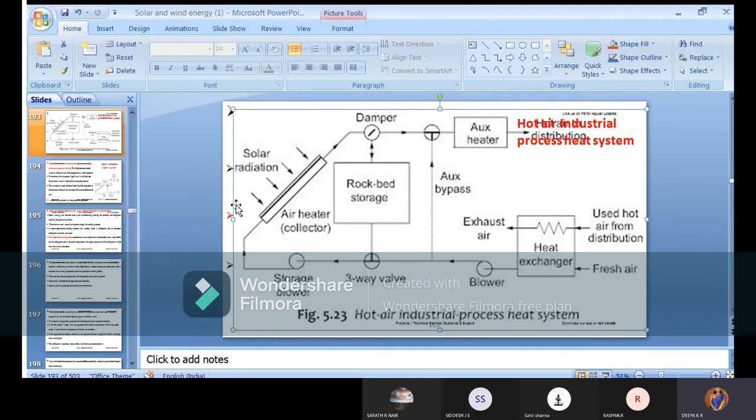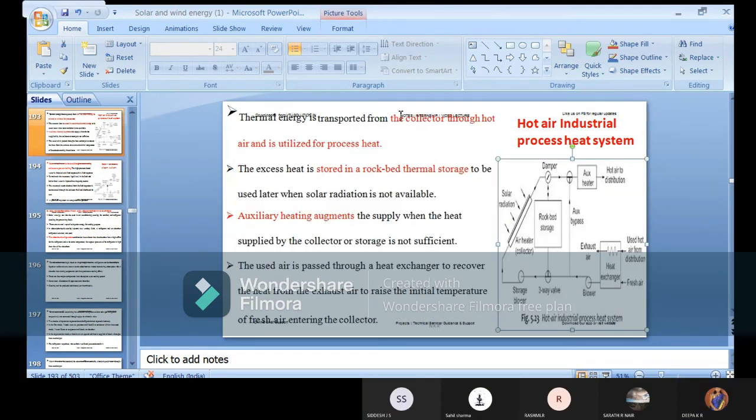So we'll see one by one how exactly. Can you people write down this diagram first? Energy is transported from the collector through hot air and utilized for the heat process. Means this hot air industrial system, where they are using it, how they are using it. That concept I am going to explain with the full block diagram. So first, whatever thermal energy we are getting will be transported from the collector, meaning your solar collector, through hot air. Means finally your output